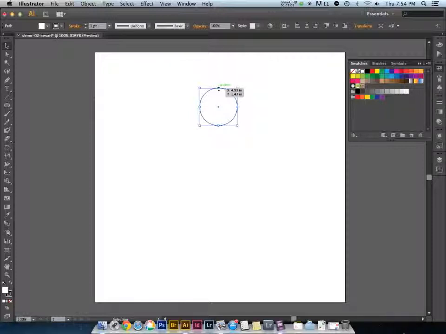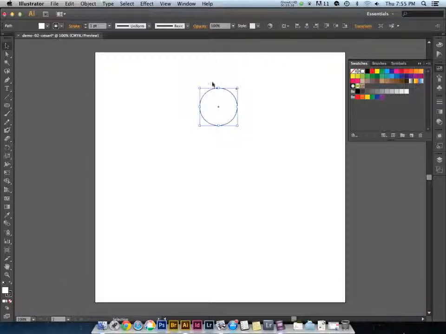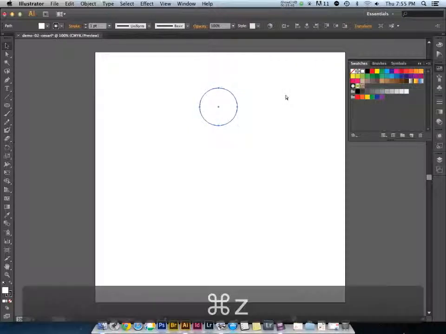Remember a while ago I talked about the bounding box and how sometimes having the bounding box in the way is not always ideal to getting stuff done. What I want to do is make a copy of this circle, dragging it to the exact center of the existing circle. But if I have my bounding box showing and I try to do that, you see I can't actually grab that top anchor point. It tries to squish my object using the bounding box. So